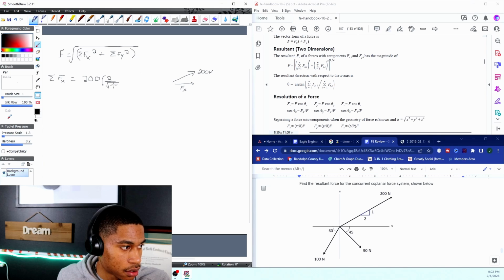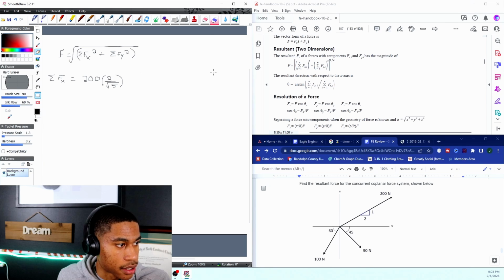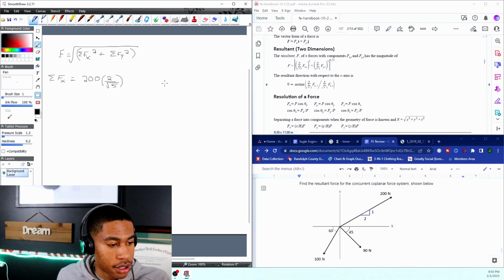And hopefully I explained that properly. Okay. So keep in mind that x value, since it's going in the positive direction, it's a positive force in the x. Okay, so let's deal with our 100 Newton force. I'm kind of skipping around, I'm going to erase that. Okay, so that 100 Newton force,